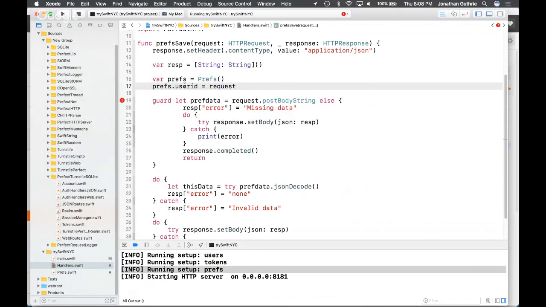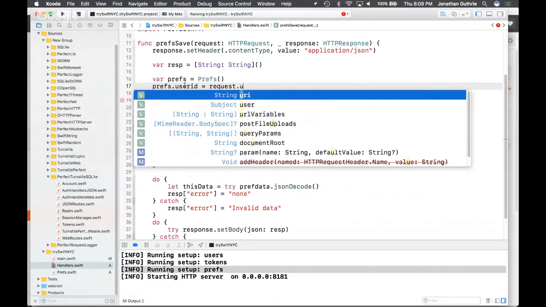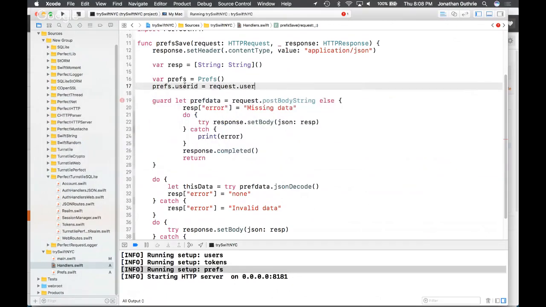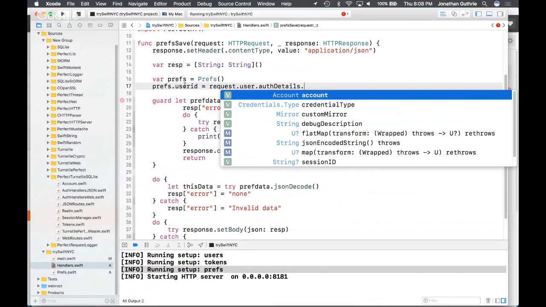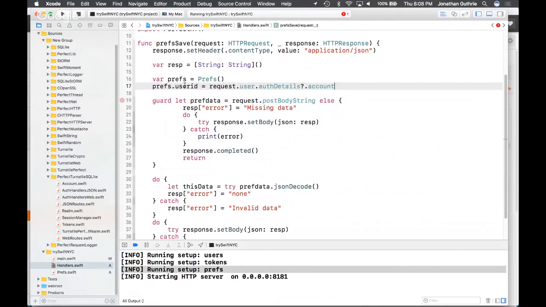Now that comes from request.user.authDetails.account.uniqueID. Now I've done this a few times, as you can see. I happen to actually know that that's the path.